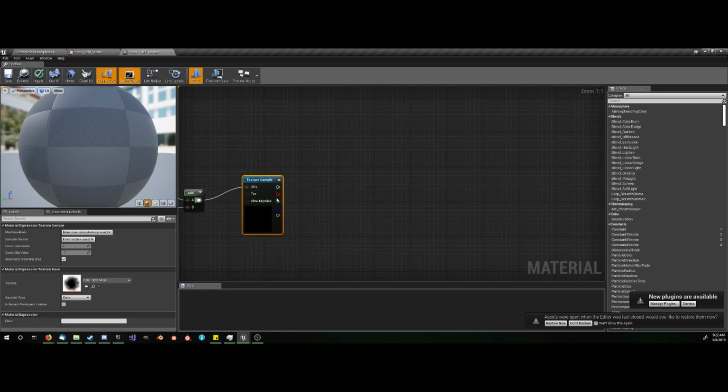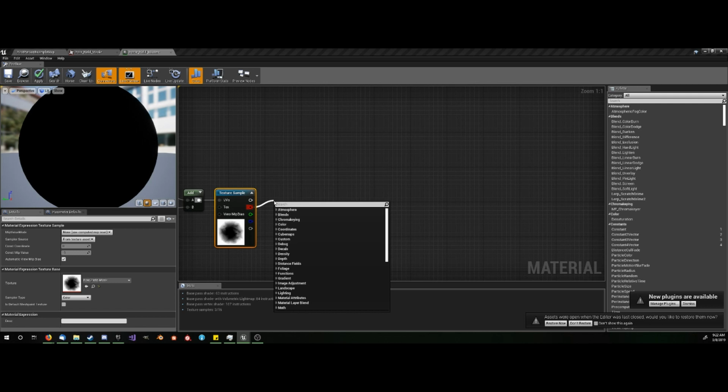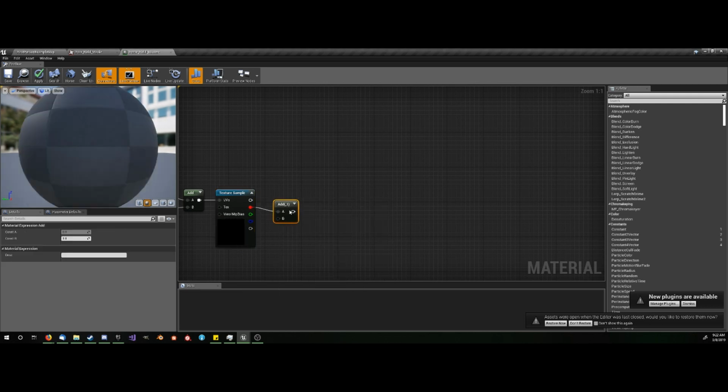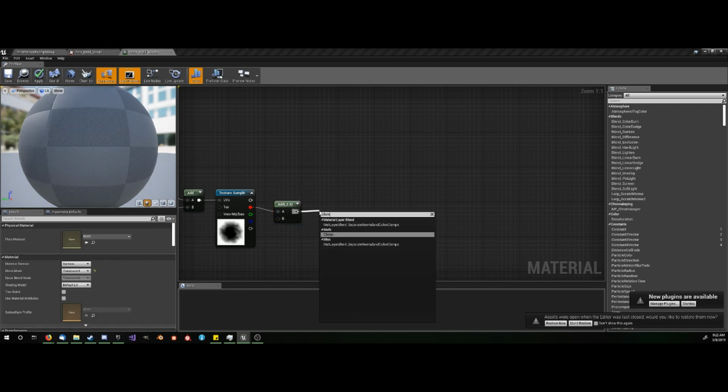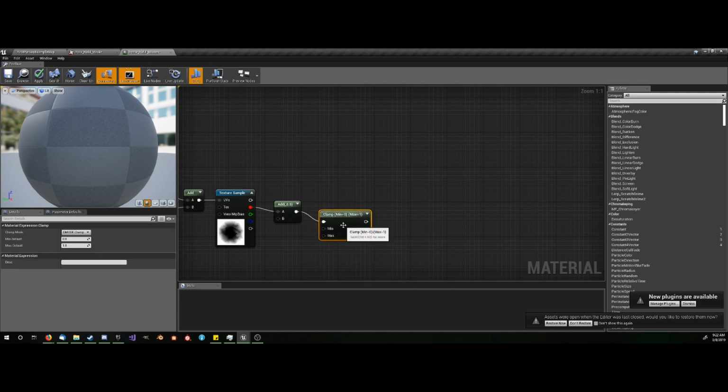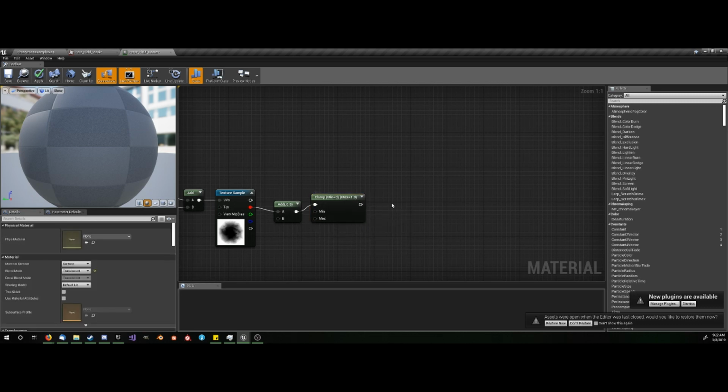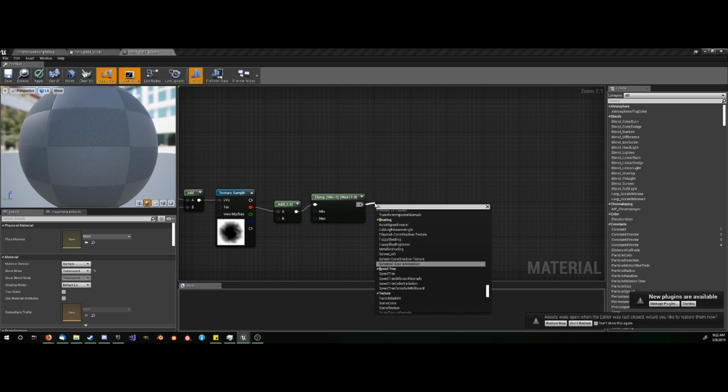And then, off of the red, I want to add a value of 0.5 to it, clamp with the max at 1.3, subtract